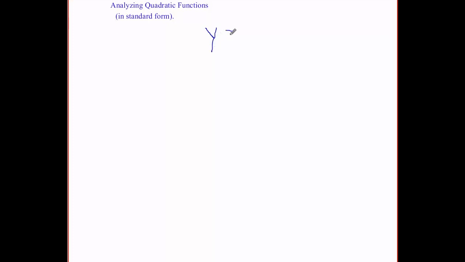Now, it's okay to have function notation. So you could have f of x, or just something that names the function and then the input variable, or you could have p of t. All right, we could see something like that. And that's just another function notation where the name of the function is p and the input variable is t. But anyway, no matter what, if you have it written with y equals, the format of your quadratic function is